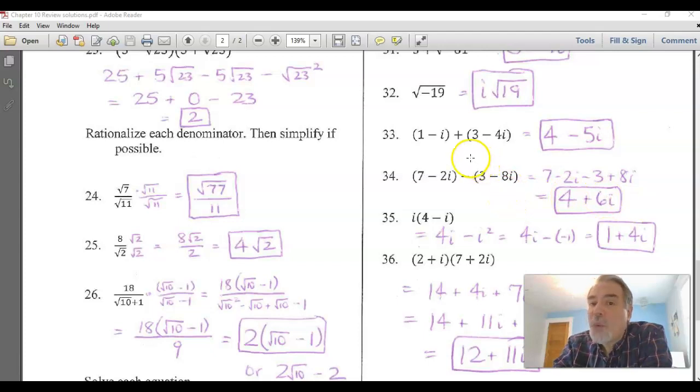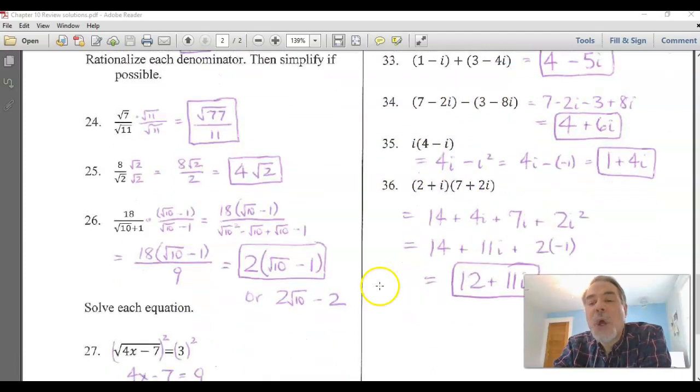Make sure you pay attention to what the operation actually is. In number 33, we were adding. In number 34, we were subtracting. In number 35 and number 36, we are going to be multiplying. So 35, to multiply i times 4 minus i,